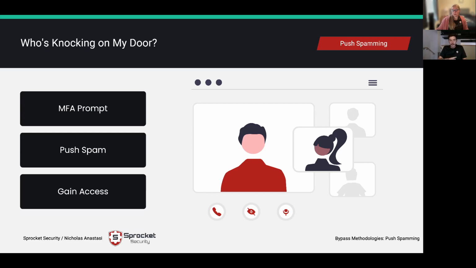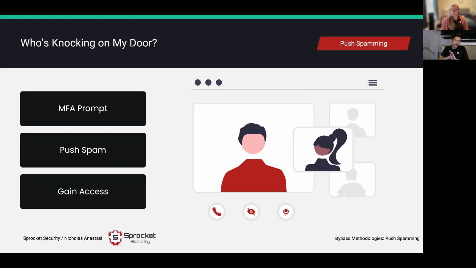Push-based MFA is great because it was this happy medium between securing your users and also reducing authentication friction. One of the biggest things everybody here as a security professional knows is you have to walk that fine line where yes, we could enforce 16 character extremely complex passwords, but our help desk is going to be answering a lot more password reset requests. Same thing goes with MFA when we enforce users to leverage a hardware token or something along those lines. We're going to have a lot of those get lost.